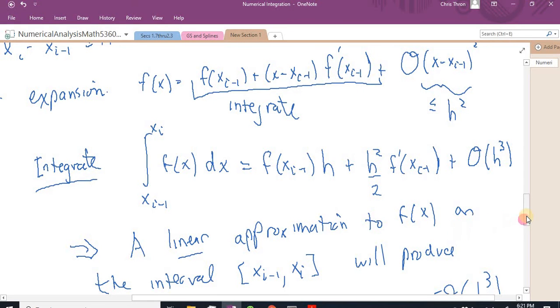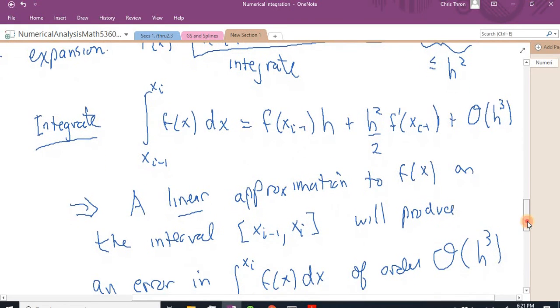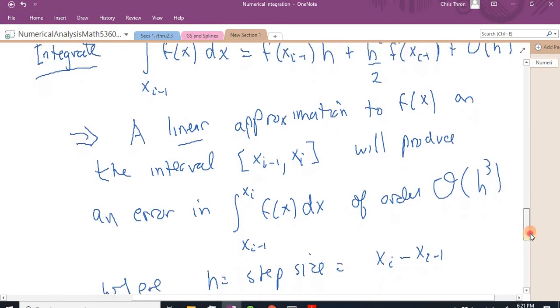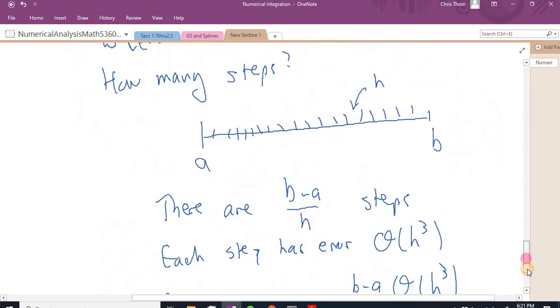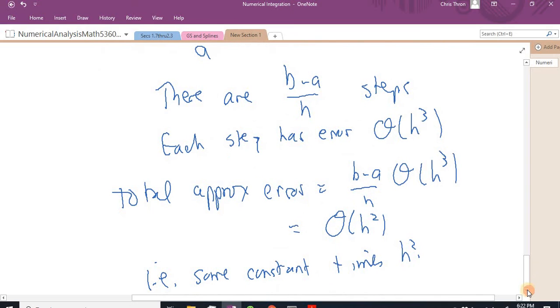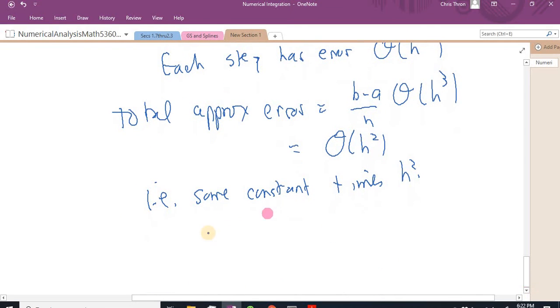So, I mean, this is what you would call kind of back of the envelope. I'm not being very careful because all I want is how the error depends on H. That's all I want. And this was the important result. So the error is some constant times H squared. So in other words,